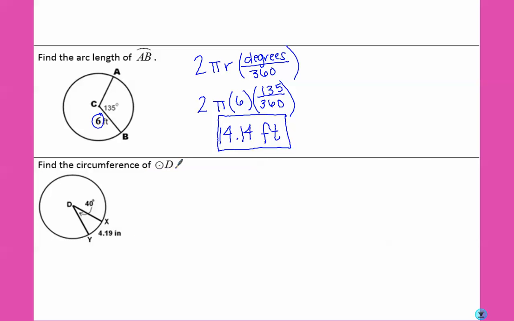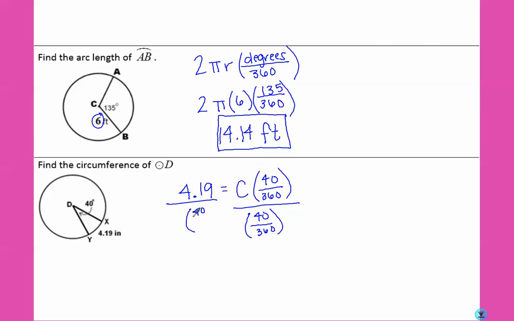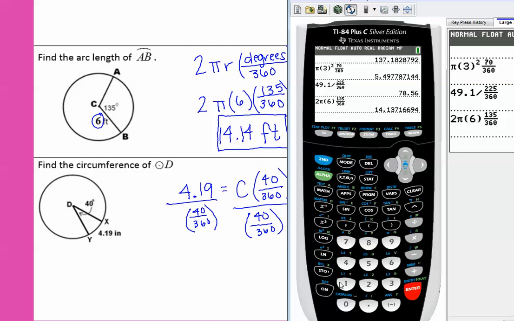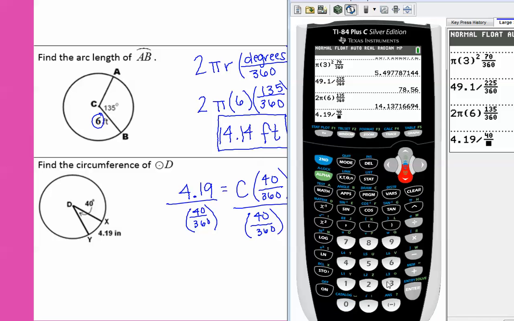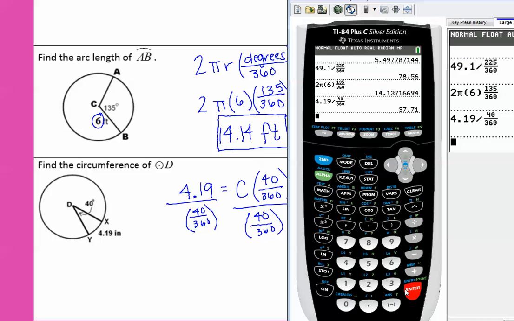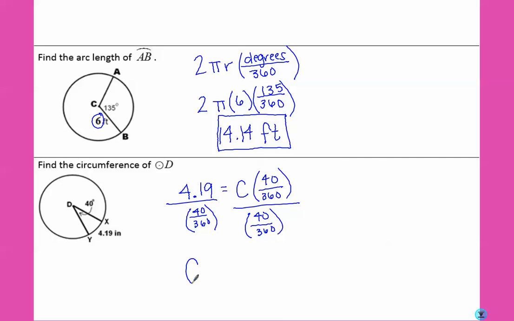Find the circumference of the circle D. So again, we're going to have to work backwards. We're given the final answer, so 4.19 equals the circumference times 40 out of 360 degrees. So we're going to divide both sides by 40 over 360. Divided by 40 over 360, and we get that the circumference was